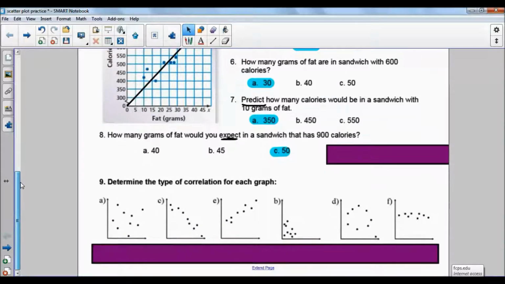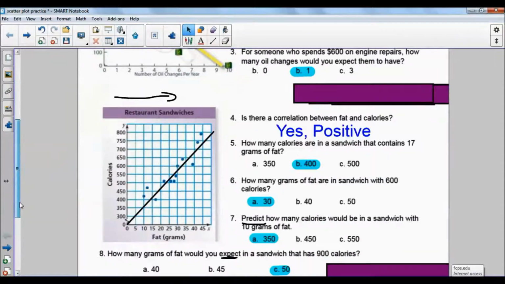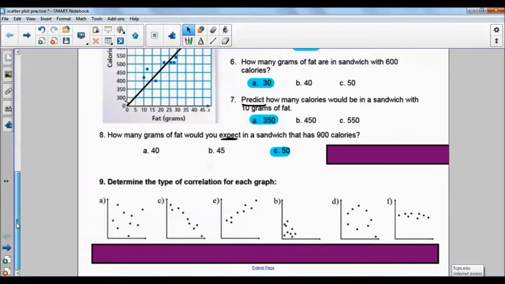So just a general review of our different types of scatter plots. There can be 4 correlations. Positive goes up from left to right. Negative goes down. So we've seen one of each of those. The first one was negative. Okay, our second one was positive, but then some of them could have no correlation, so they're not really going up or down in one direction, or they could be a constant, which means they stay level, they go straight